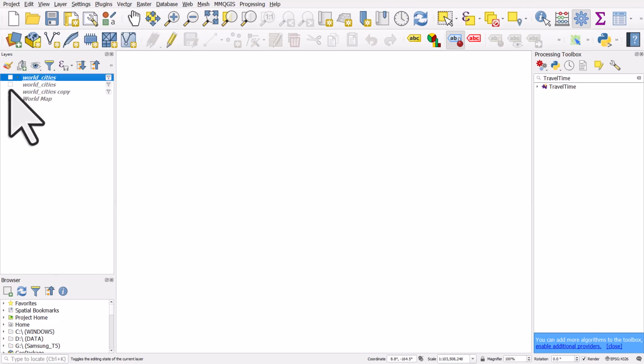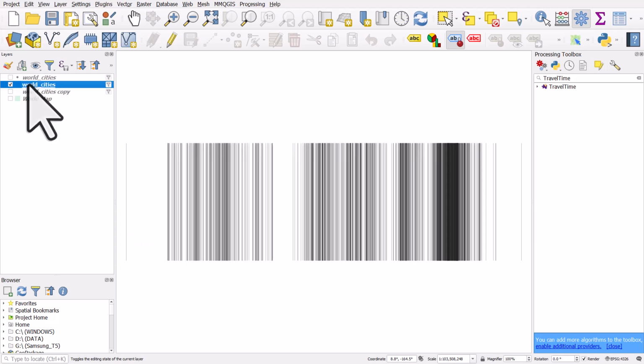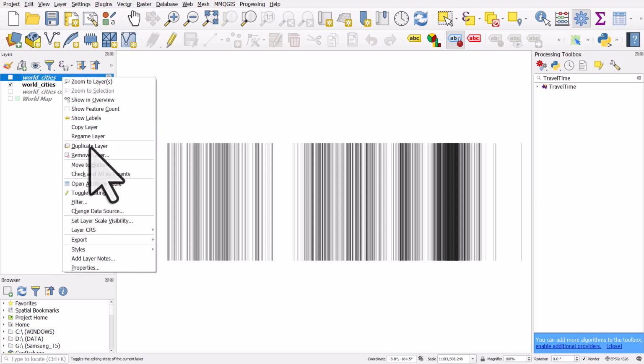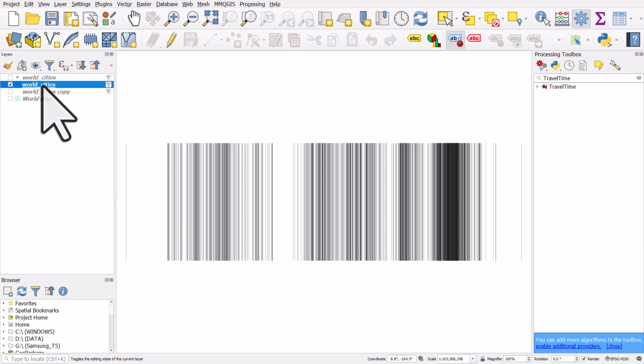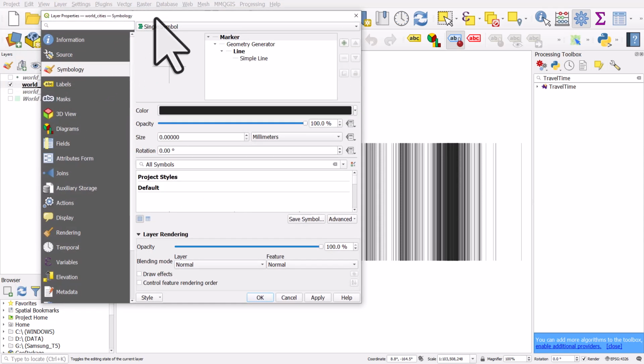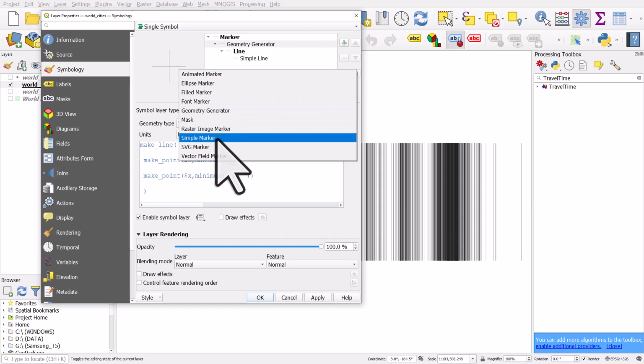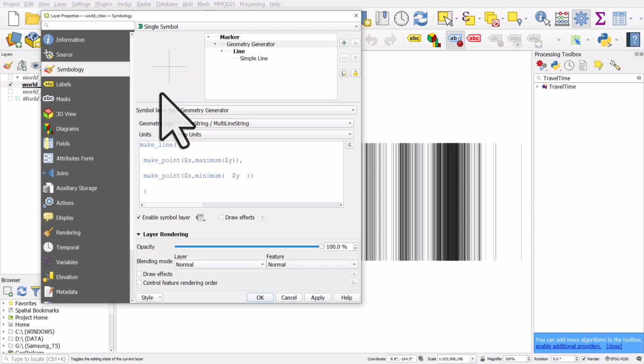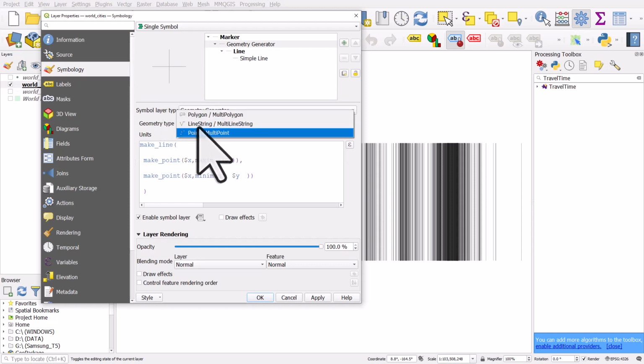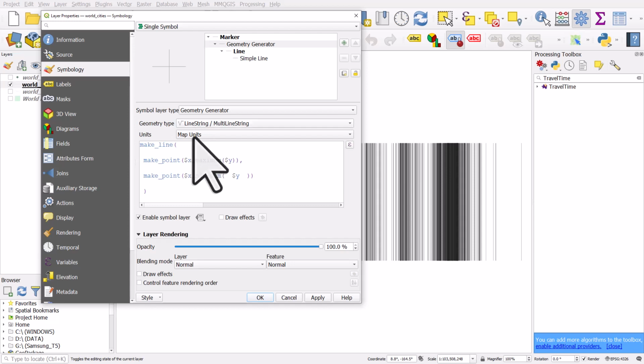So I'm going to turn on the vertical lines one, and I'm going to double click that. But before I do, I just want you to know that these are just duplicates of the world cities layer. So if you want to duplicate a layer, you can always right click a layer and go to duplicate layer. So I'll double click on the world cities layer that's got the vertical lines in it. And if I go to symbology, we can see what's going on here. It is in single symbol mode, but when I click here, it doesn't say simple marker like it usually would. I've changed it to Geometry Generator. The next key thing is it was a point, but I've changed it to line string. And then there's some